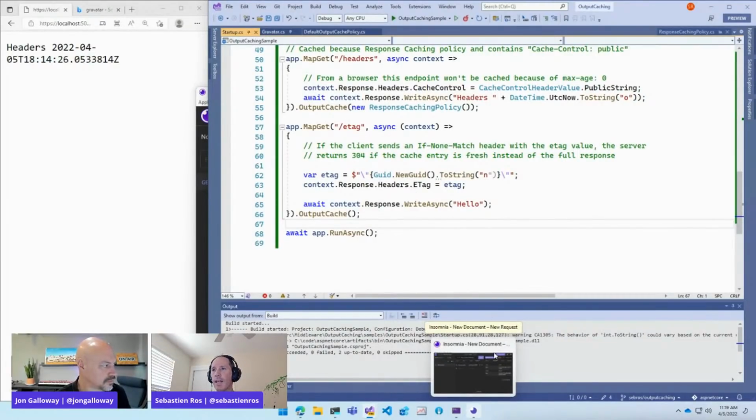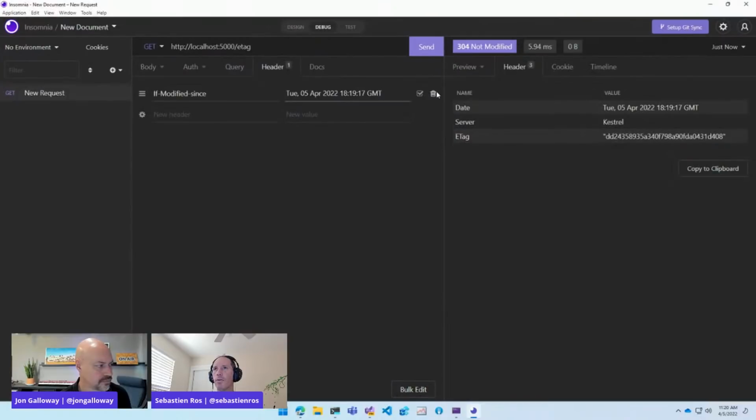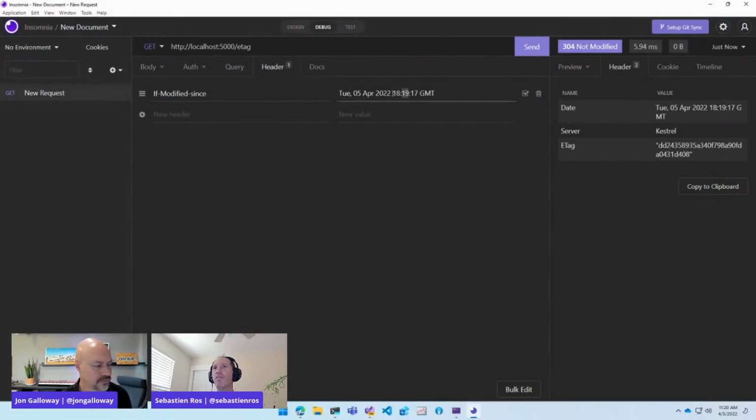So the idea is that here, it was generated at this time. So instead of If-None-Match, you ask for If-Modified-Since, and you paste that here. Put it bigger. Can I? Yeah. So only if it's modified after that date. And if I send, no, I have a 304 also. But if I say if it was modified after that,